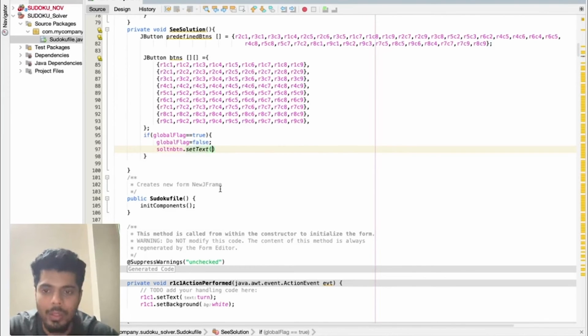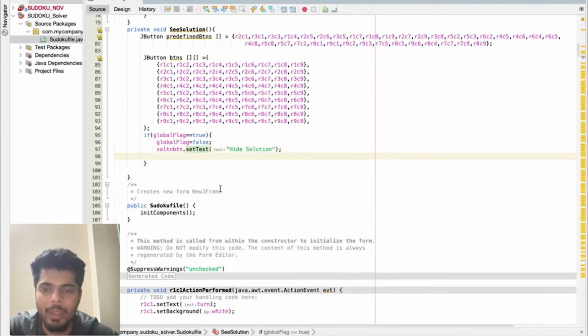Because once we have shown the solution, we also need to provide a button through which we can hide the solution. Going vice versa, if I click on show solution, it should give me hide solution afterwards.